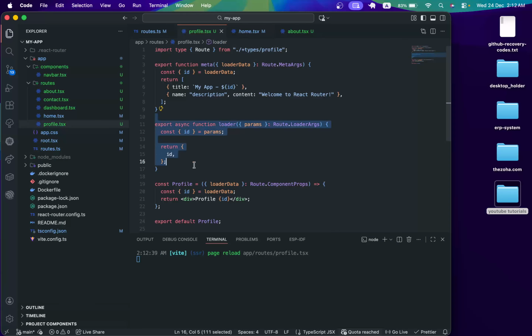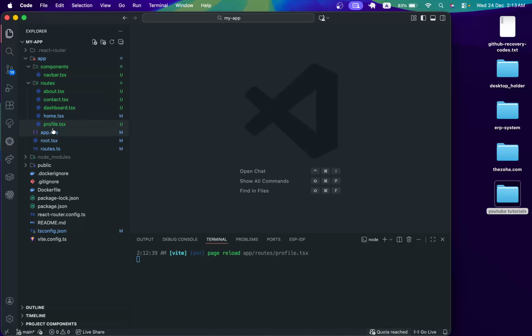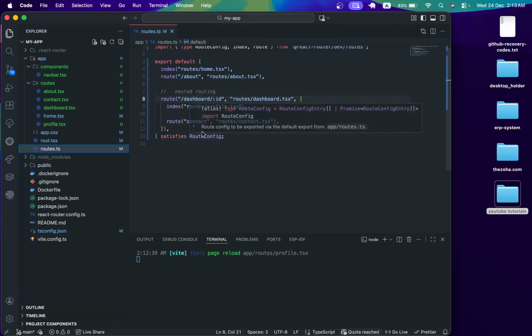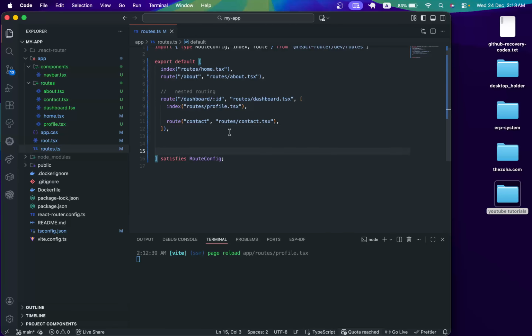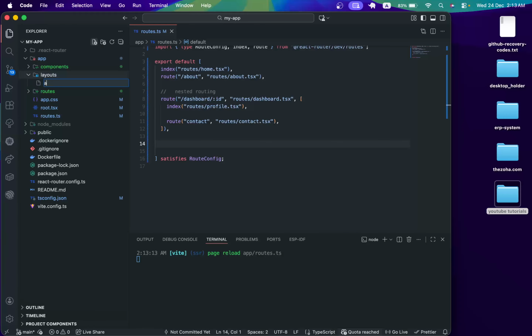so you have learned about loader args and dynamic routes args as well at the same time. Now I want to tell you what prefix args are. Okay, so let's say I want two things. Well, this is a nested route, and I want a prefix of, I guess, a layout. Okay, so let's create a layouts folder